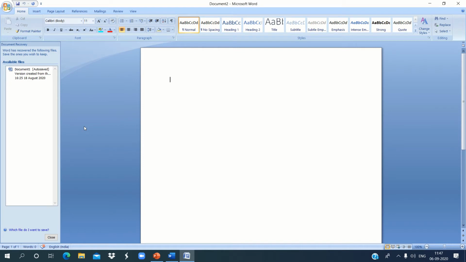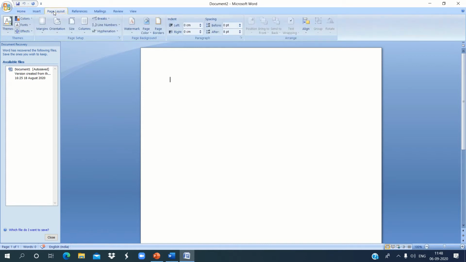Next, you have to set the page orientation. Do you know what is page orientation? Page orientation is the direction in which a document is displayed or printed. Two types of orientations are there. First one is portrait and second one is landscape. To set the page orientation, you click on the page layout tab. After that, from the page setup group, you select the orientation. Can you see a small arrow under that orientation? You click there and from the list, you select the orientation that you want.